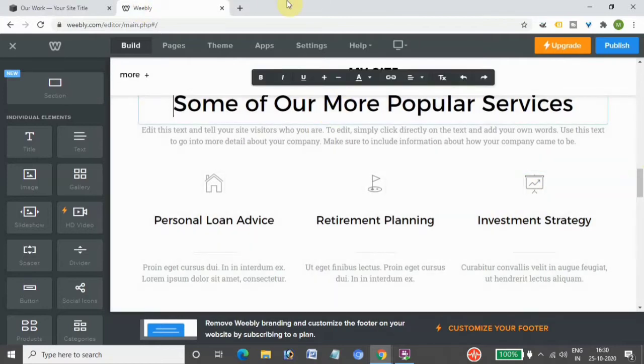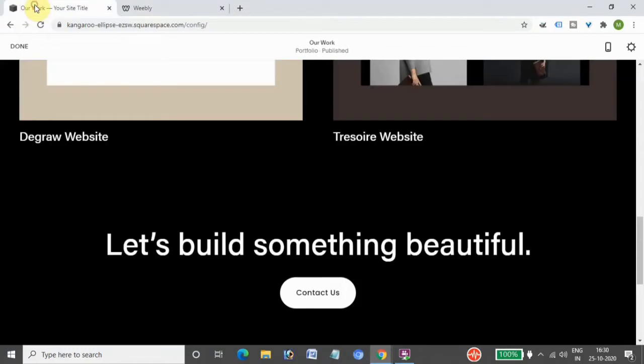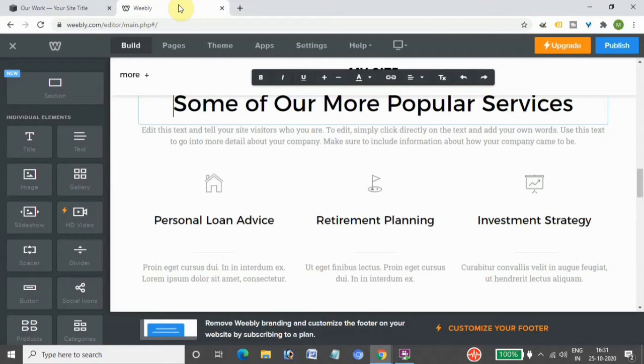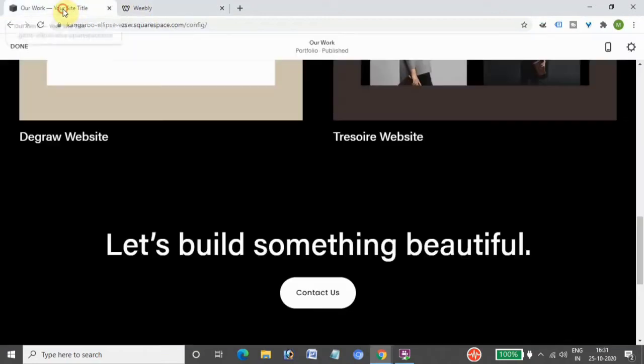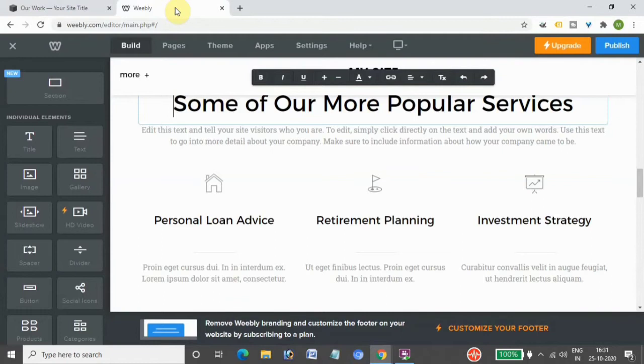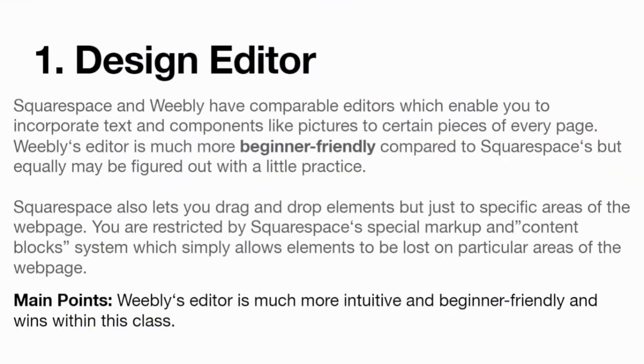Hope you're clear on the difference between the content blocks in Squarespace and Weebly, which is more beginner friendly. So the main point here is that Weebly's editor is much more intuitive and beginner friendly, and that's why we are rating it a bit higher in this.